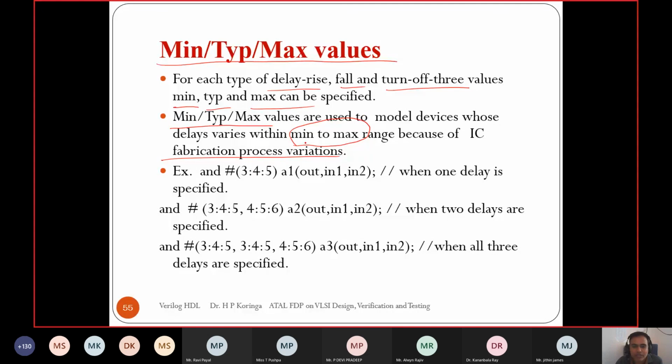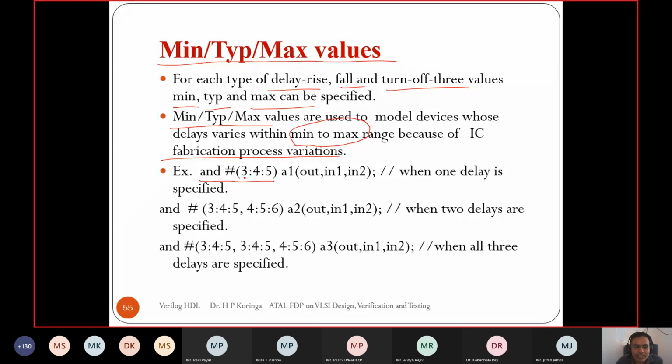To incorporate that effect of variation of delay, we also have to specify it in terms of min, typical, and max. Now let's take the same example and understand how it considers min, typ, and max. Here it is specified only once, 3:4:5, with no comma. So it will take it for all types.